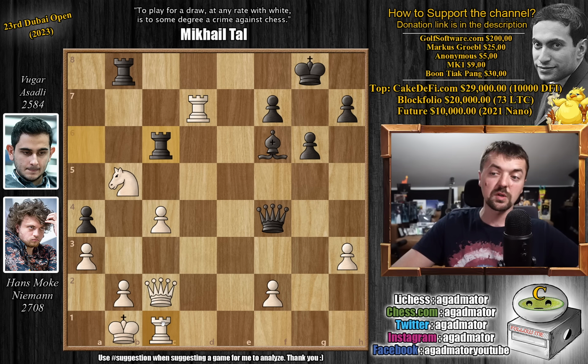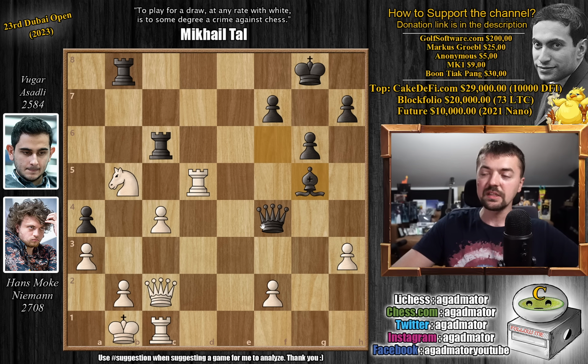Probably why rook to c1 was played, to add additional support to the c4 pawn. Rook to d5, and now we have bishop to g5. And here the threat, of course, is queen captures on c1, just winning the exchange. And what Hans should play is rook to g1 here, but it's such a difficult move to spot, because if